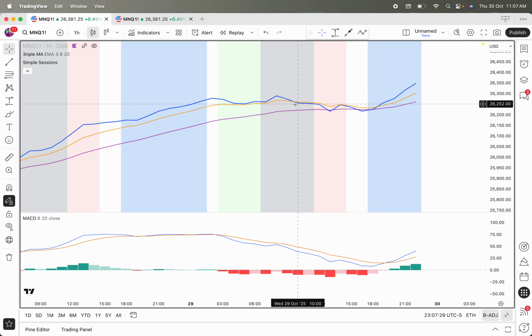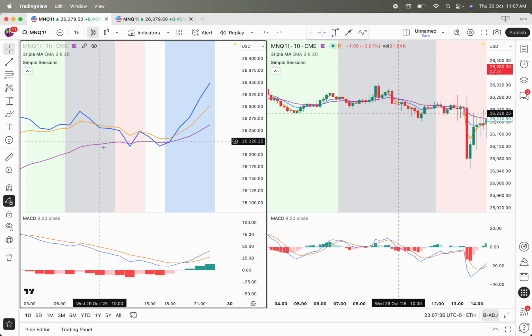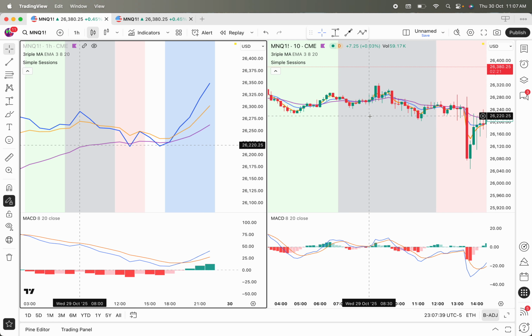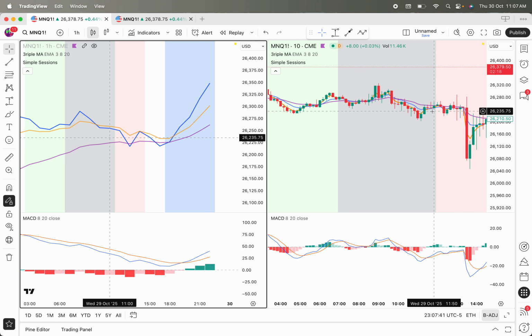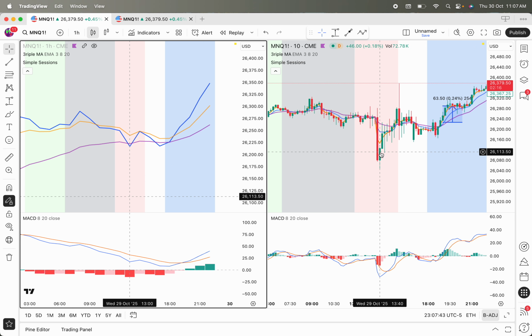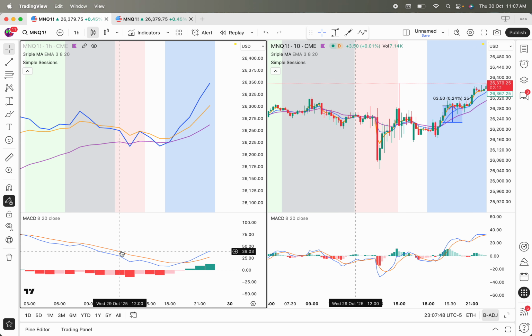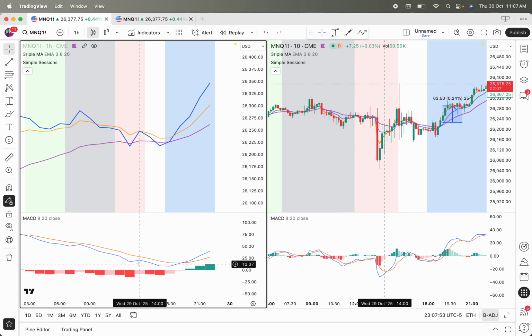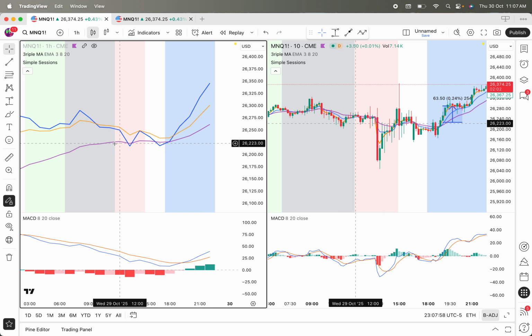Previously I said when blue goes below orange we can start to look for shorts, and that is still true. So like here you can still look for shorts in this area, okay? But it was pretty scratchy. The MACD on the 1 hour chart was telling us that it was in the correct position to go short, but I have mentioned previously that the 20 EMA is the zero line, really, at the end of the day,